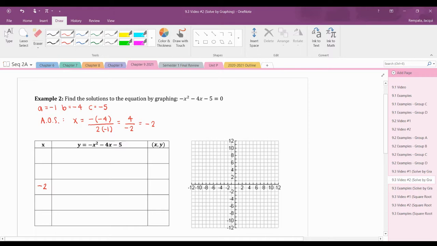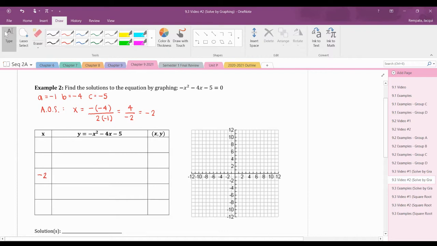And then we want to pick numbers to the left and to the right of it so we can find all of the numbers to create our ordered pairs for this problem. So remember, to the left means we want smaller negatives like -3 and -4. To the right means we're heading towards positive, so -1 and 0. All right, so remember, those are going to be the first numbers in my ordered pairs. And we're going to plug those numbers into all of the x's